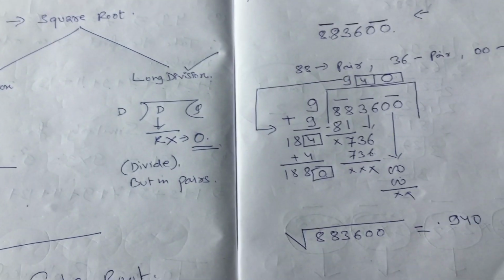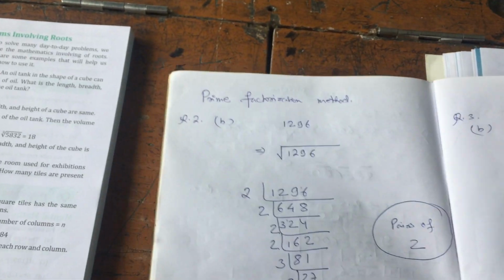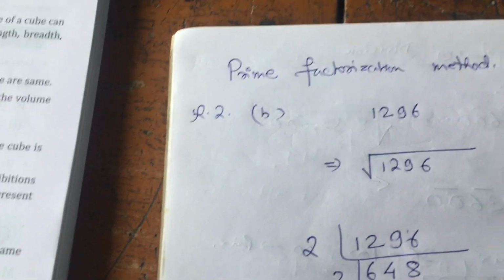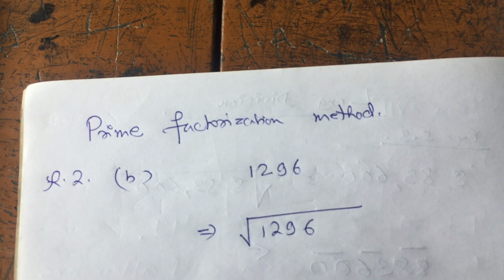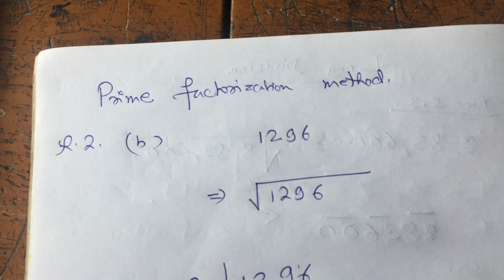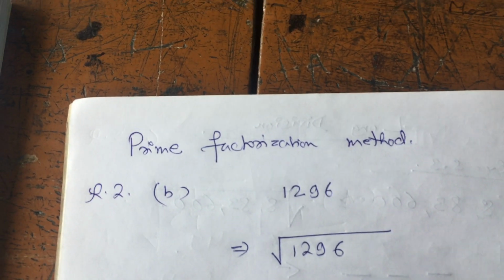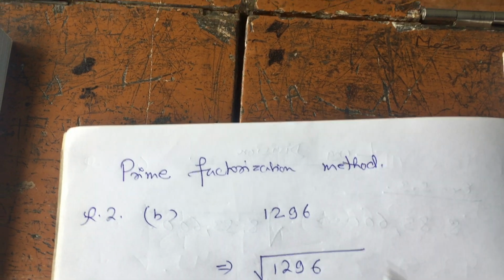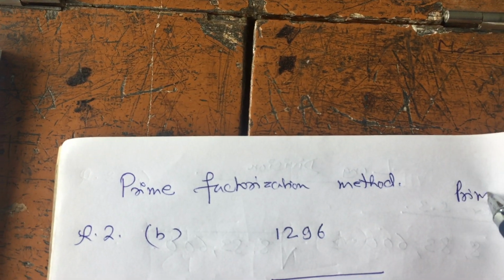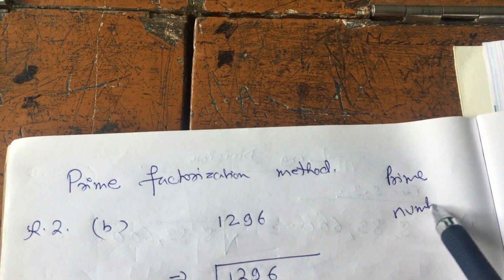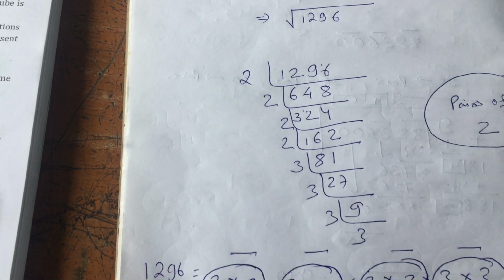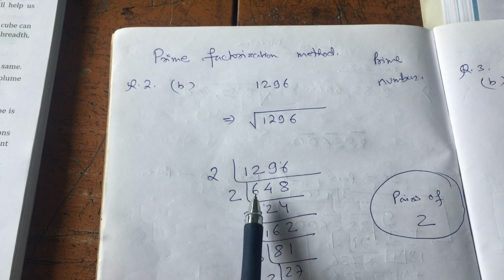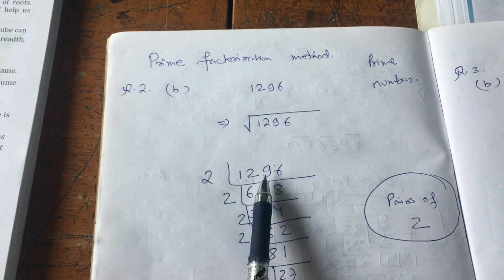But however, in your book they have asked you to find out with another simple method, the traditional method, the prime factorization method. This is pretty simple, which you are aware of. It's a very user friendly method. So 1296 is given. Try to make use of all the prime numbers, as you know. So I start with the smallest prime number 2. As you can see, 2 6s are 12, 2 4s are 8, and here is 9.